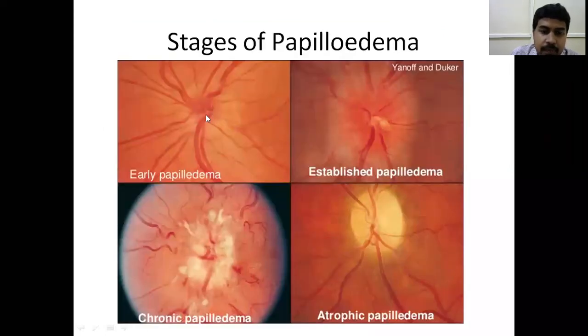So these are the stages. Early stage: edematous disc, hyperemic disc, only nasal margin blurred. Next: edematous, hyperemic disc, hard exudates, cotton wool spots, engorgement of vessels, but all the margins are blurred here. Here vision is normal, pupil reaction is normal. Here transient visual obscurations, pupil is normal. Here the edema, hemorrhages and exudates resolve, but the champagne cork appearance of the disc remains and vessels are narrowed. Here pupil reactions are normal, visual acuity is impaired. Here a completely pale disc or grayish disc, vessels are narrowed, visual acuity is reduced, and pupil reactions are also gone. So these 4 stages you have to write in your exam if it is asked for a 4 marks question.